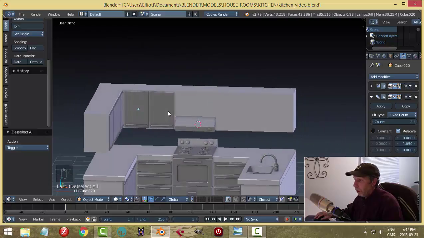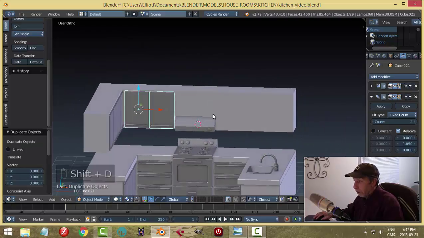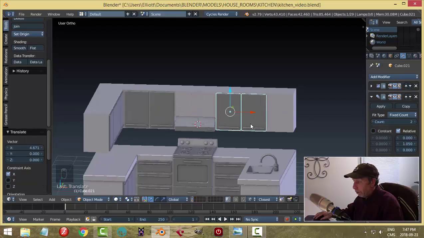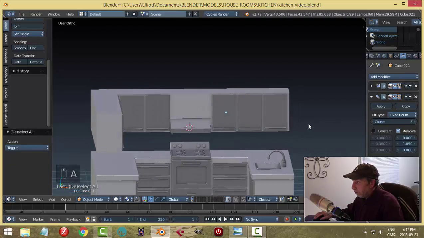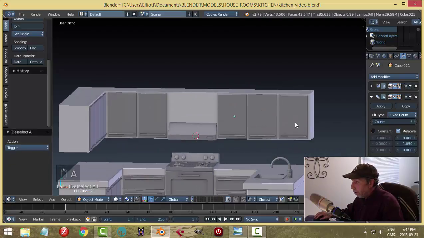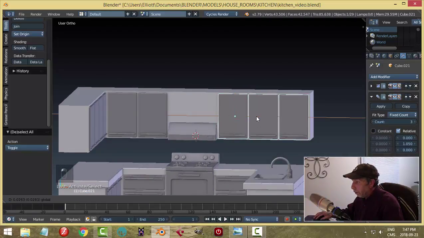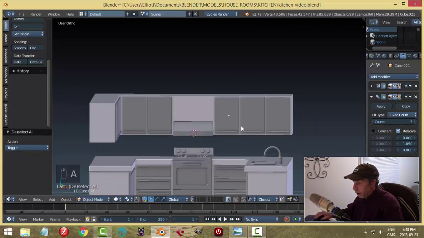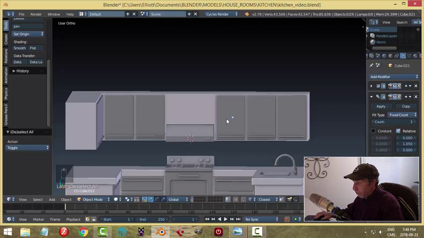Okay, and then we'll take this, we'll go with that theme for now, and we'll just increase the count. So I get 3 there, 2 there, and take this, should be